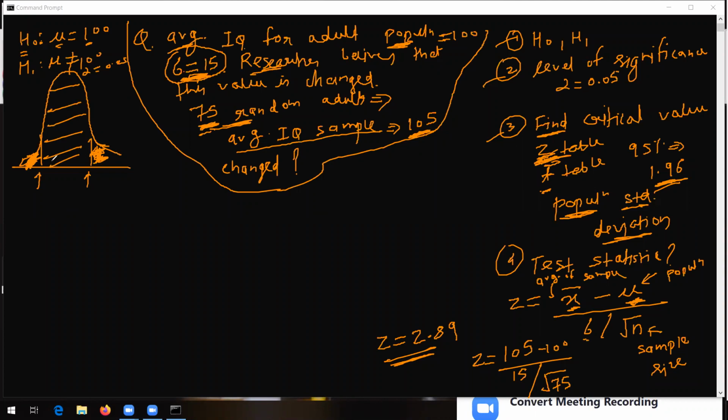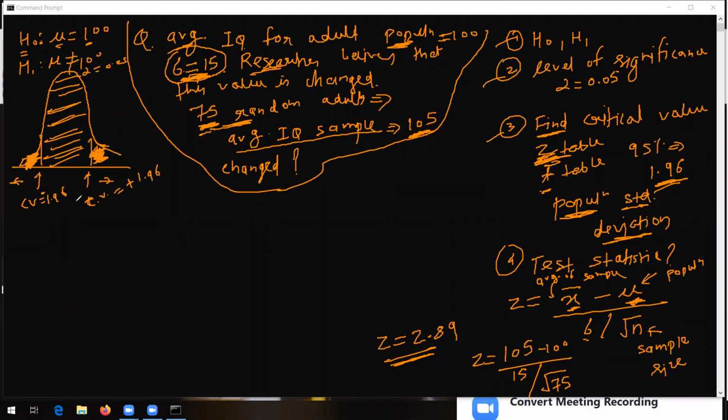Critical values are the Z values that separate the shaded area at the tails and this area. Those are called critical values. Critical value in our case is 1.96. So obviously it will be minus 1.96 on the negative side, because if you take 0 here, this is going to be the negative side, this is going to be the positive side. So here the critical value is going to be plus 1.96.